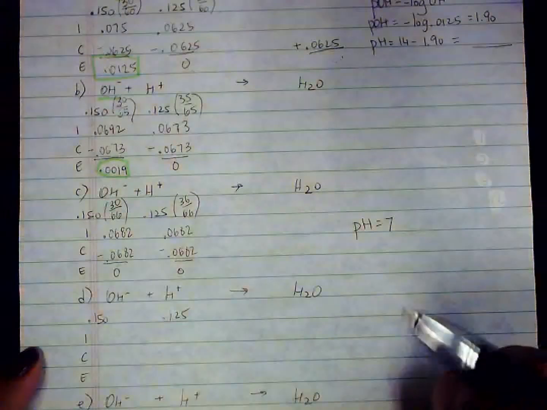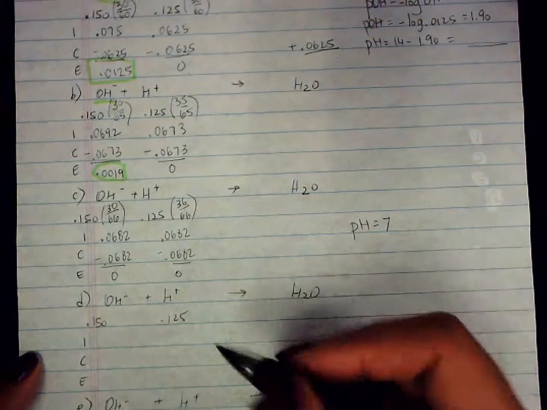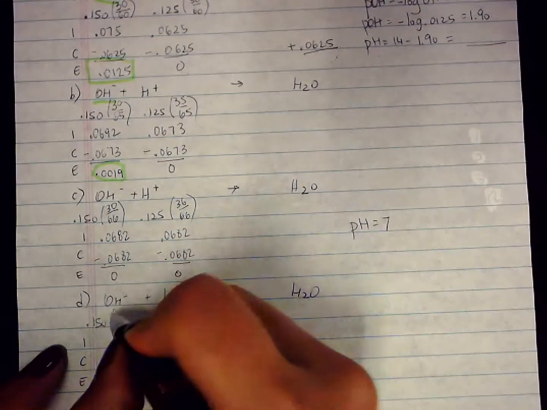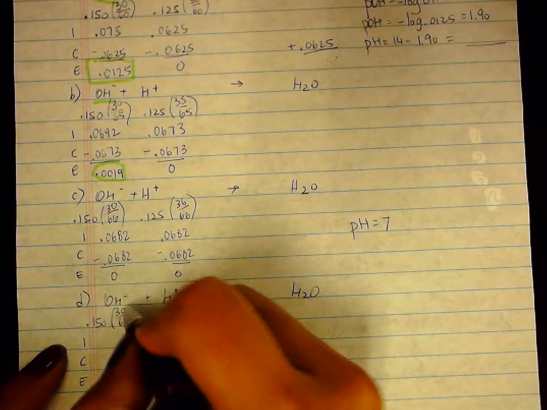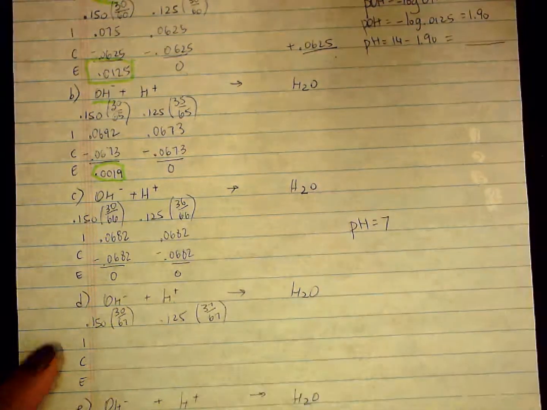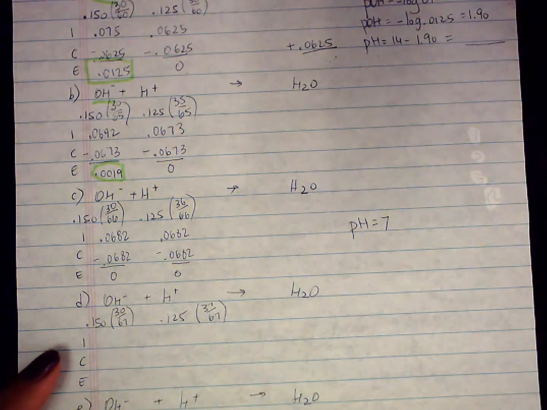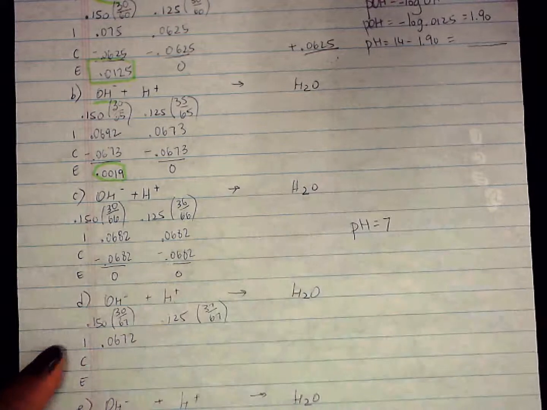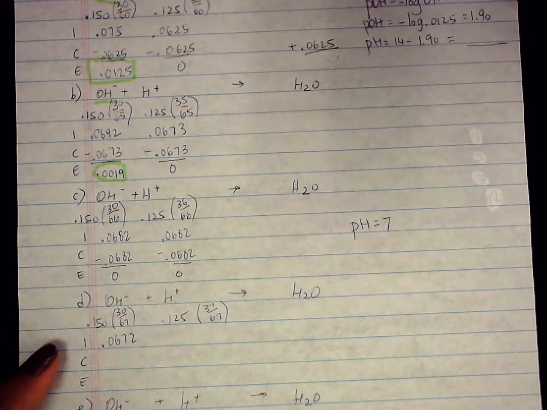All right, let's take a look at D. So in D, they're going to give me 37 milliliters of acid to add. All right, so then the adjustment here is going to be 30 over 67. Over here, it'll be 37 over 67. So let's take a look at what these new concentrations are that we're playing with. And let's see, so this is 0.0672. And over here for the hydrogen ion, it is